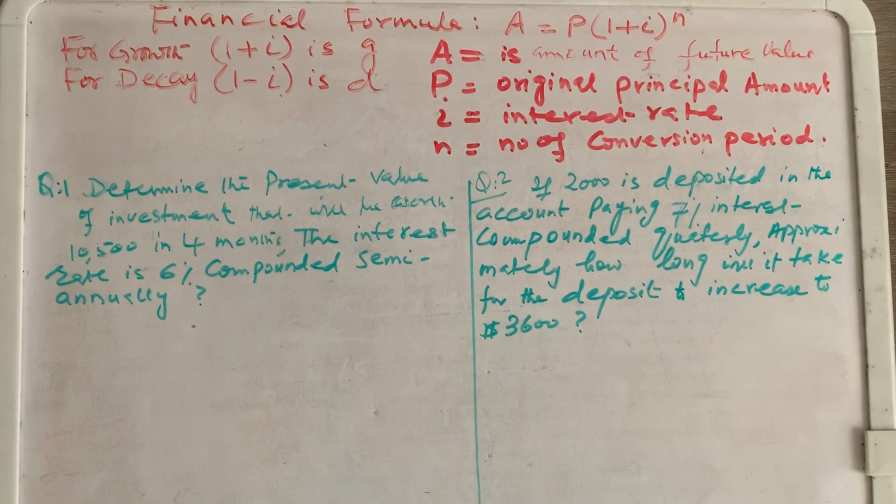The first one was the bacteria that doubled in size, and the second question was a radioactive substance with a half-life given. Half-life is a decreasing function, right? A decaying function. Now the second formula is the financial function, and this financial function is given by A equals